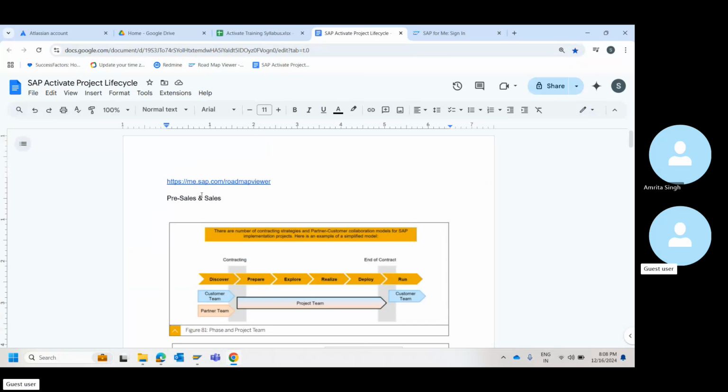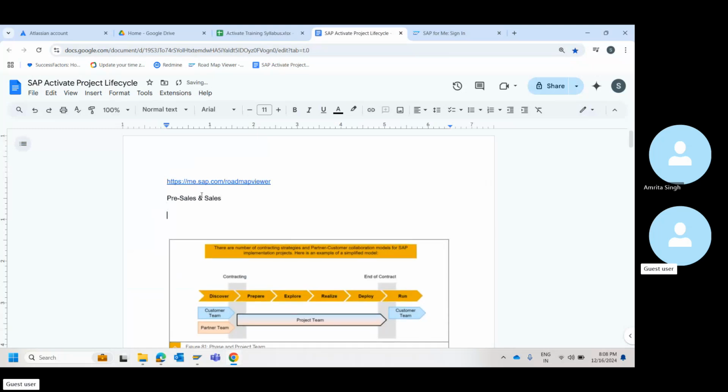I'll quickly close this up because it's not something very important for you to deep dive. It's good if you understand what happens behind the scenes, so that if there are execution problems during the course of the project, you can reach out to the respective team. At least you will have a background of what has happened.